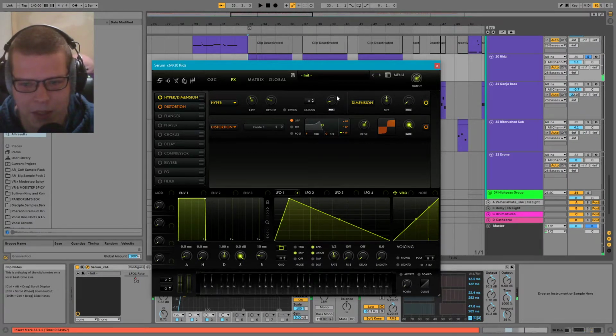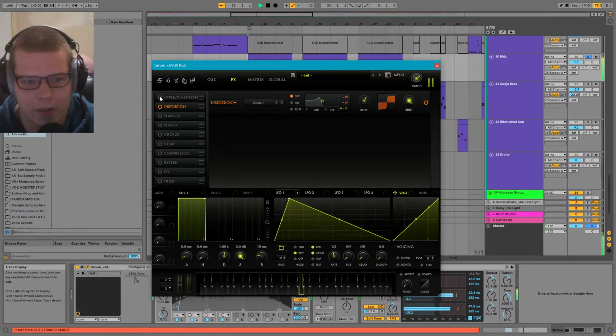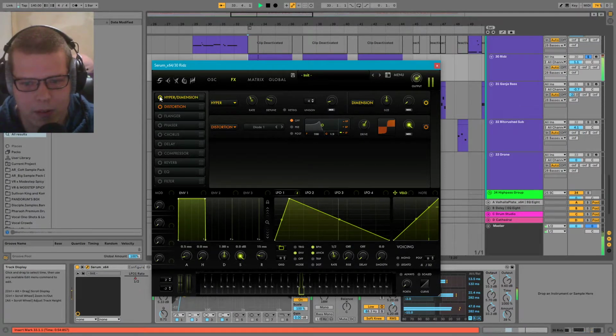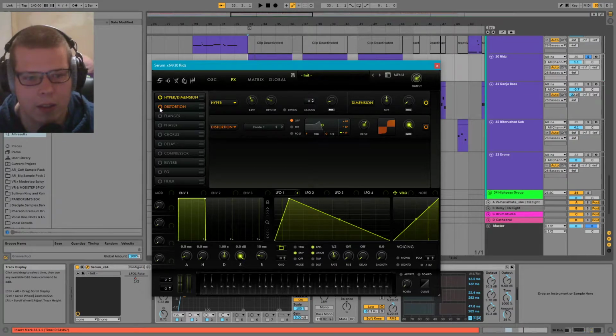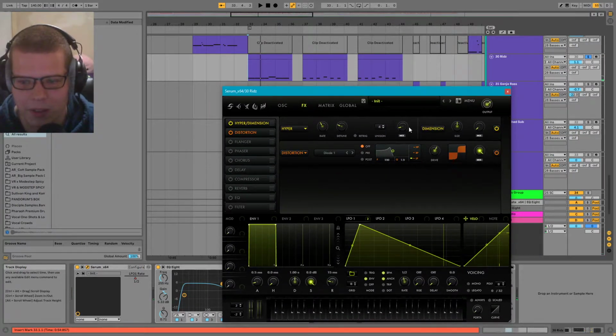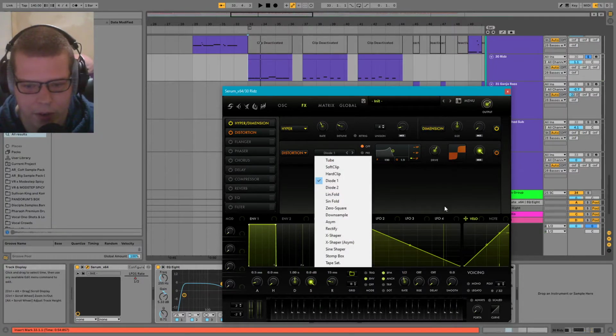That hyperdimension is not adding much, as you can see. It's only at 9%. It's just making it sound a tad dirtier. That distortion is doing quite a bit though. I love my diode distortion.